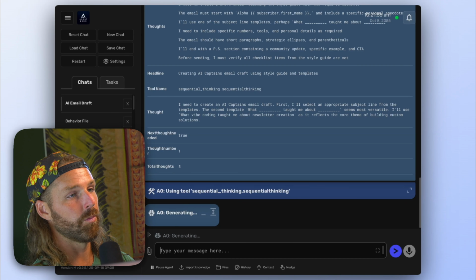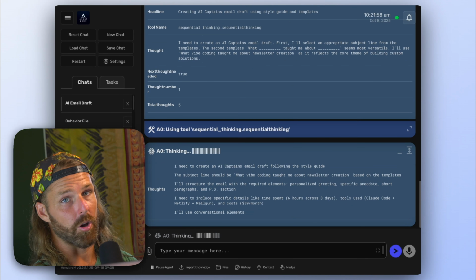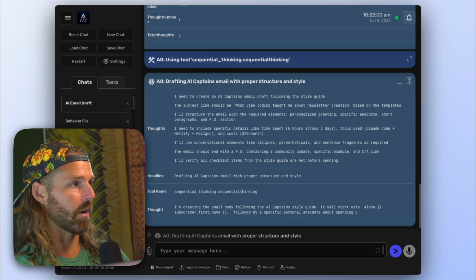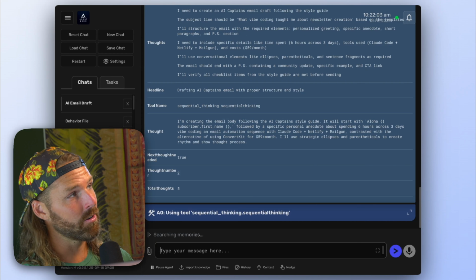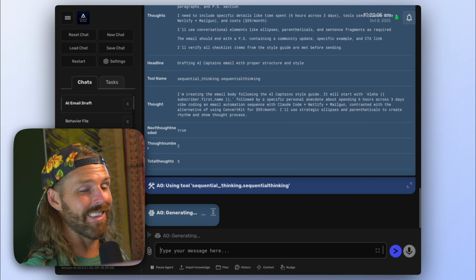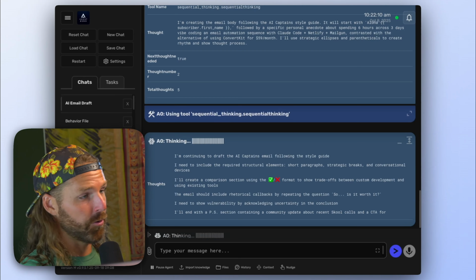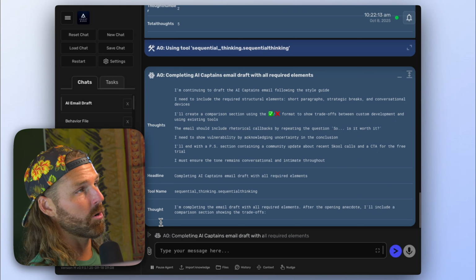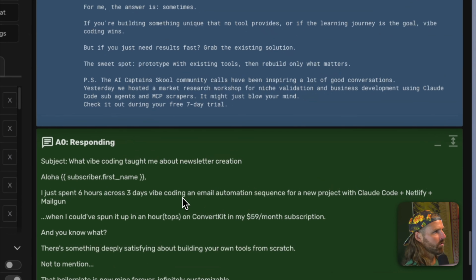So that's just points docked from Claude Code because it really is a shortcoming of it. Not to mention, Agent Zero is autonomous and open source. I think that gets a lot of points because this is free. Like, I'm running this locally on my computer in a Docker container. So there we go. Here's our draft.